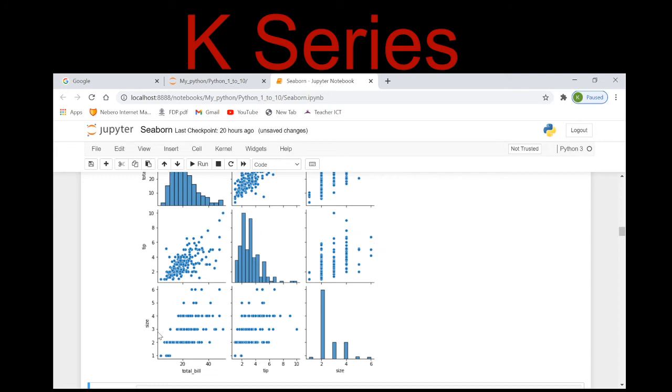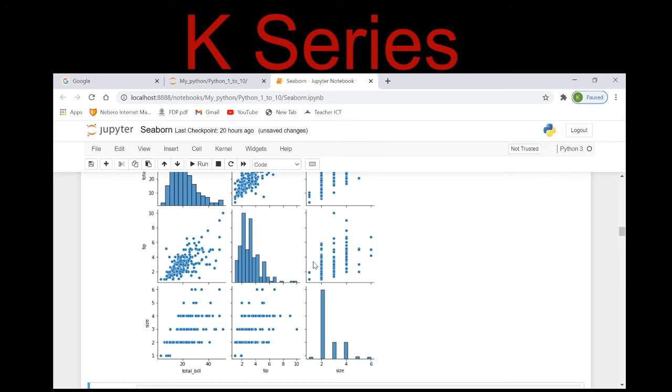See here, with size with respect to total bill, size with respect to tip, size and tip. You can easily make out. And what is the fun of making different graphs? The more graphs you make, the fairer idea you will get from the data set, right? What exactly do we want to fetch out of it? We want to get what exactly is the tip pattern if our data set is this, right?